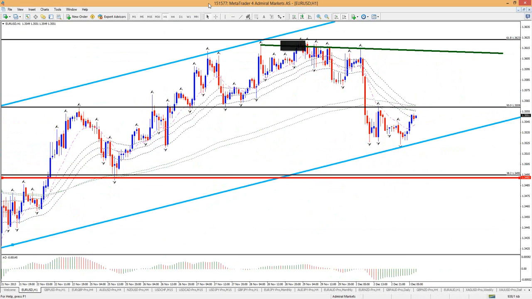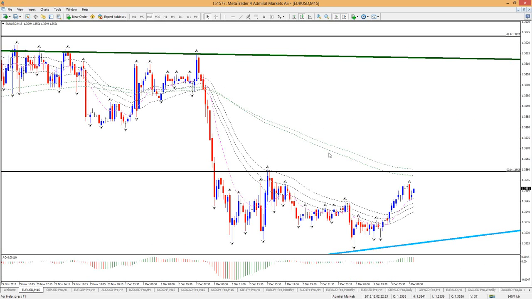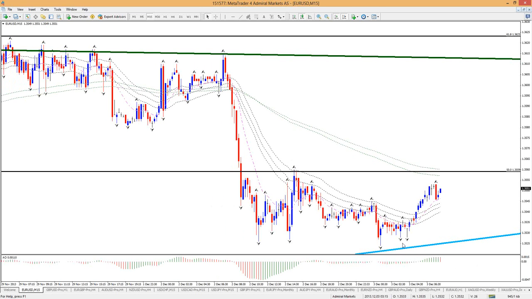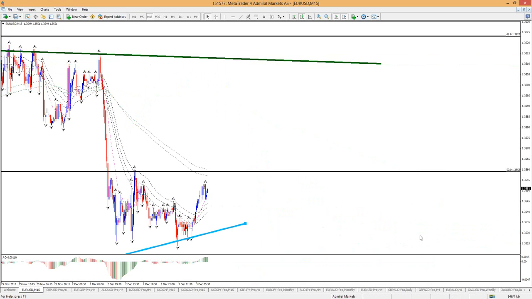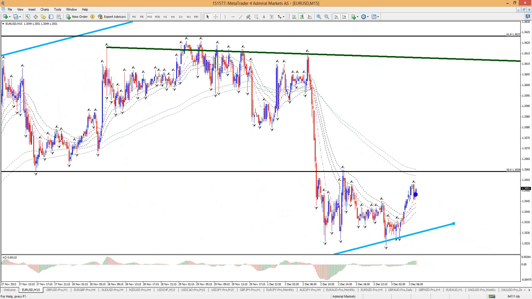Moving averages on the 1 hour chart still look pointed to the downside. Let's take a look at the 15-minute. We are getting some retracement to the upside now, as you can see. We'll have to see how price responds when it pushes up. If we get a bull flag, maybe something like that, it could be worth taking to the upside.